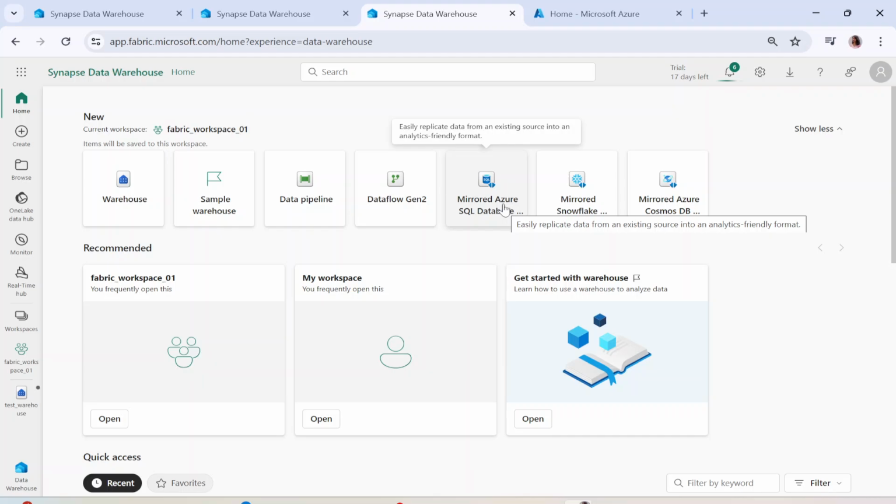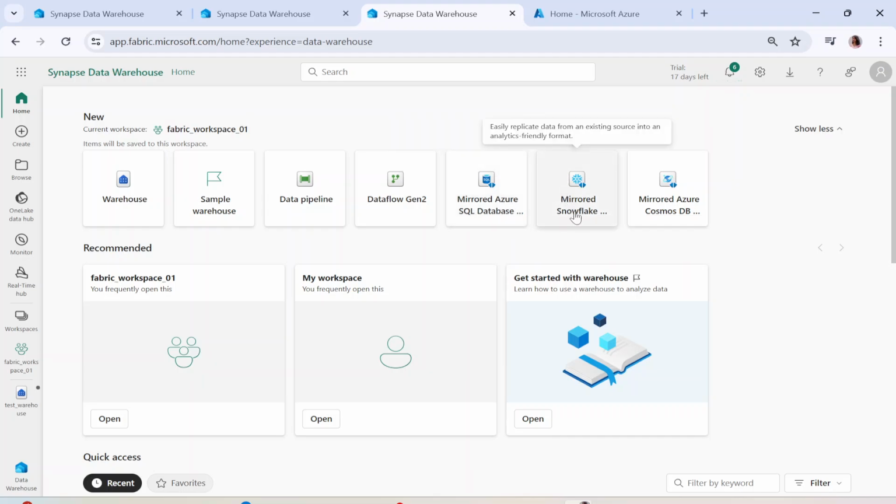When I say replicate, it does not copy it. It just creates a pointer to it. So whenever you are querying, you are always querying the latest version of the data, and Snowflake doesn't charge for any egress of the data. Whenever you are querying the data, the query cost and the compute cost are involved, but you do not have any other cost associated with it.